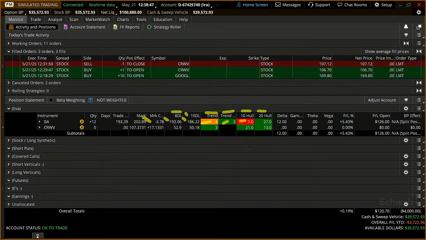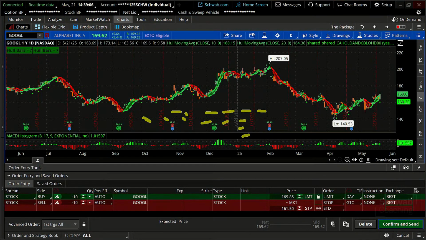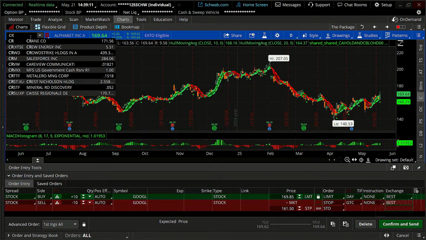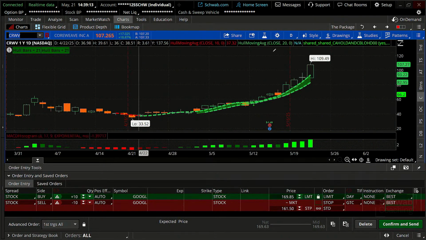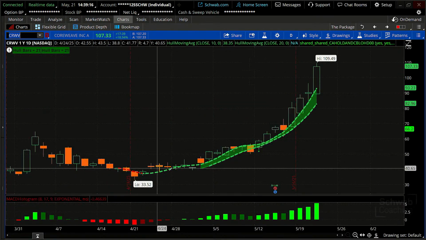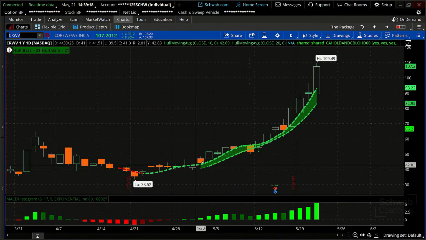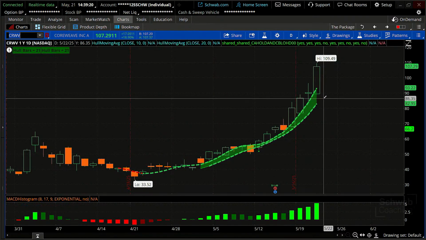The color of the background is telling us the color of the moving average, and the numbers in the boxes represent the number of days the stock has had that color of the moving average. So in other words, if I go look at CRWV, when I pull that stock up, that stock has probably been that color for a while. Let's double check. If I go look at the daily chart, you're going to see that the color of the moving average has been that way for a while.